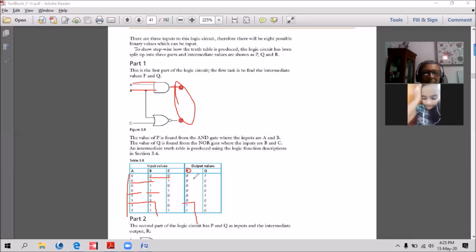So it's a shortcut. Same way, Q is a result of the NOR gate. B NOR C, that means opposite of OR. So how do you do that? B mentally plus C, it's not.